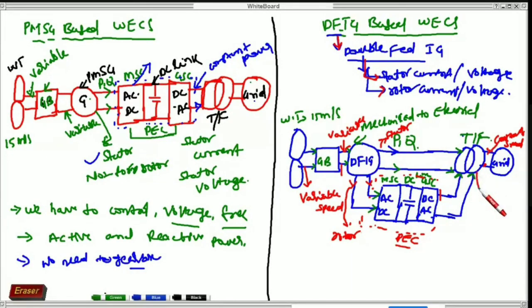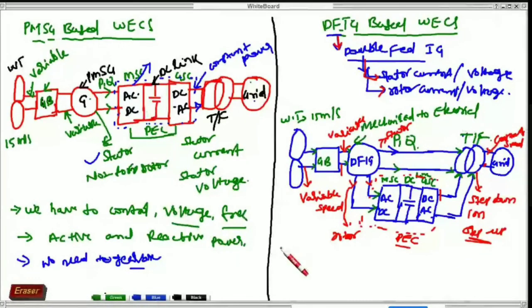This transformer is step down or step up. Basically we are using step up transformers only in the PMSG based wind energy conversion system, because it is very difficult, very high power consumption here, right?